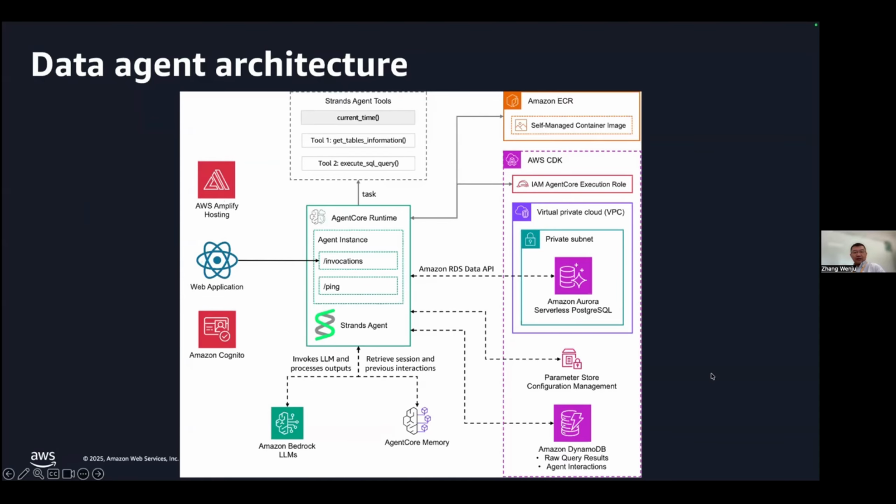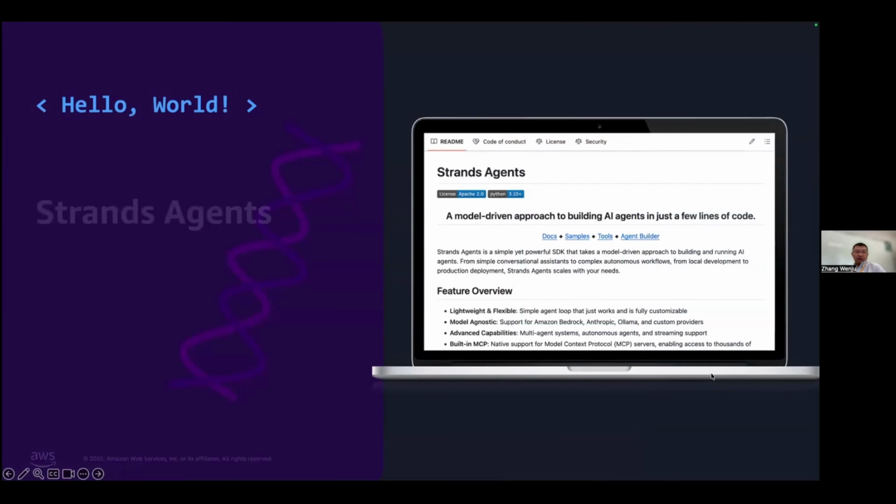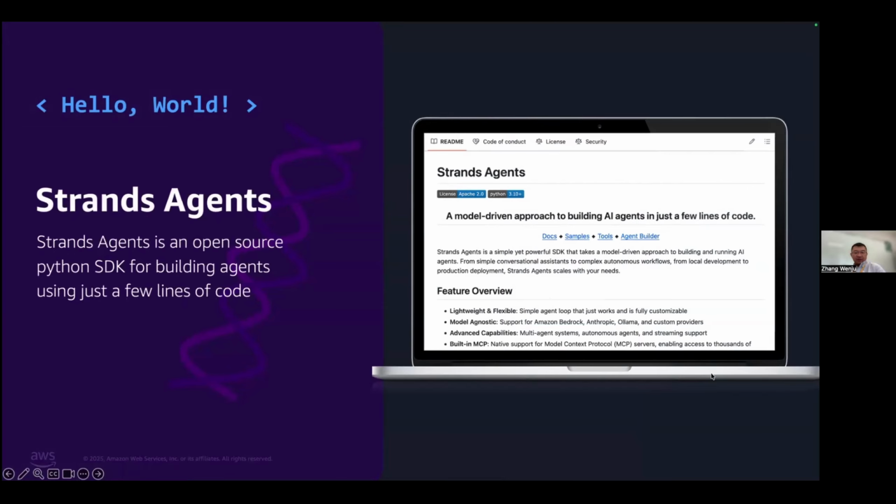Let's go to the Strands Agents SDK. Then, why did we develop and open source the Strands Agents framework? There are many agent frameworks in the market already. Why build one as well? We aim to provide developers with powerful, flexible tools to build agents in the rapidly evolving agent landscape. And it's quite simple to build an agent using the Strands SDK, just a few lines of code. I can show you in my demonstration what code we developed.